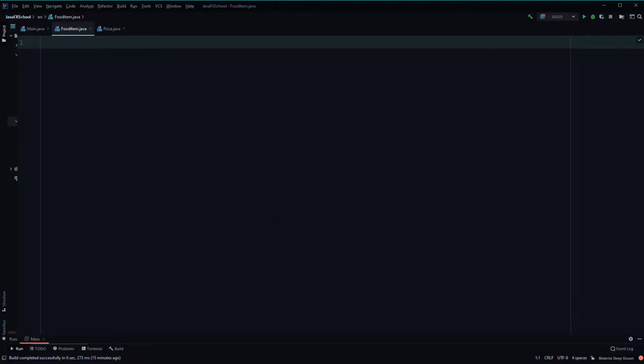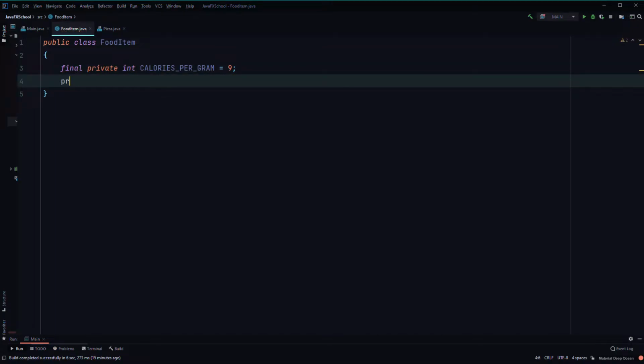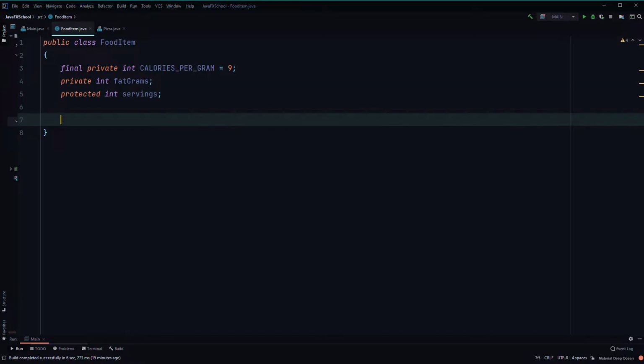Class food item, so we'll say public class food item, and we'll say final private int calories per gram equals 9, and we'll say private int fat grams and protected int servings. We'll create a constructor, public food item,